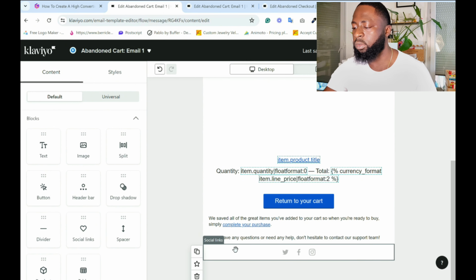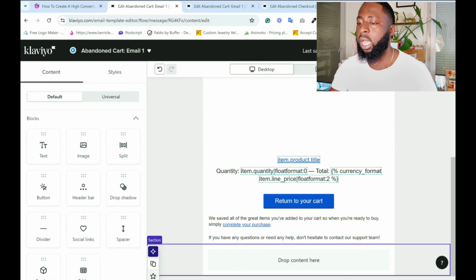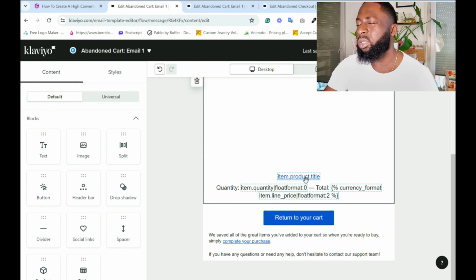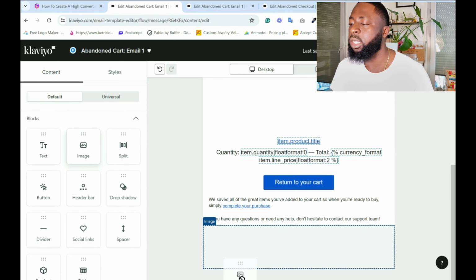Right. I also don't like to use social media links. Again, we are trying not to distract people at this point. We just want them to go back to the checkout and complete their purchase. So I don't like to have that there. But something I also just like to do, which I really like to do, of course, is having